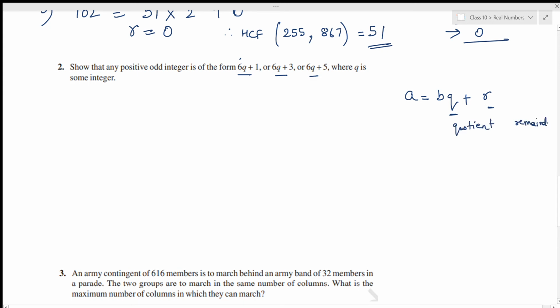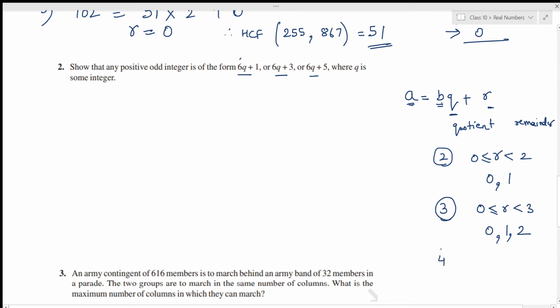So whenever you are dividing a number by, suppose 2, this b will become 2, and the remainder can take values greater than equals to 0 and always less than 2. Means remainder take how many values? It can be 0, it can be 1. When you divide a number by 2, you cannot get a remainder as 2, you cannot get a remainder as 3. This is basic division. If you divide a number by 3, this b will take the value 3 and the quotient could be anything based on the dividend. The remainder can be 0, can be 1, can be 2, not more than that.